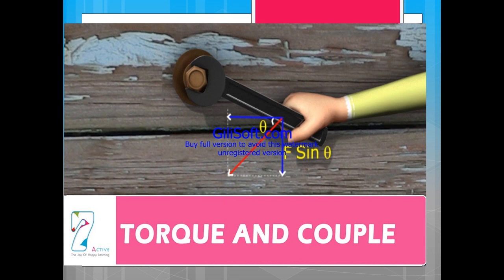Wherever you are loosening or tightening the screw, the rotation is at an angle, and this angle we have taken as the right angle. We will say this entire thing is tangential, and the angle is at the center point of the lines of action of force, and this is the force which is acting, F sine theta. So this picture will give you clarity on what you mean by torque and what you mean by couple.